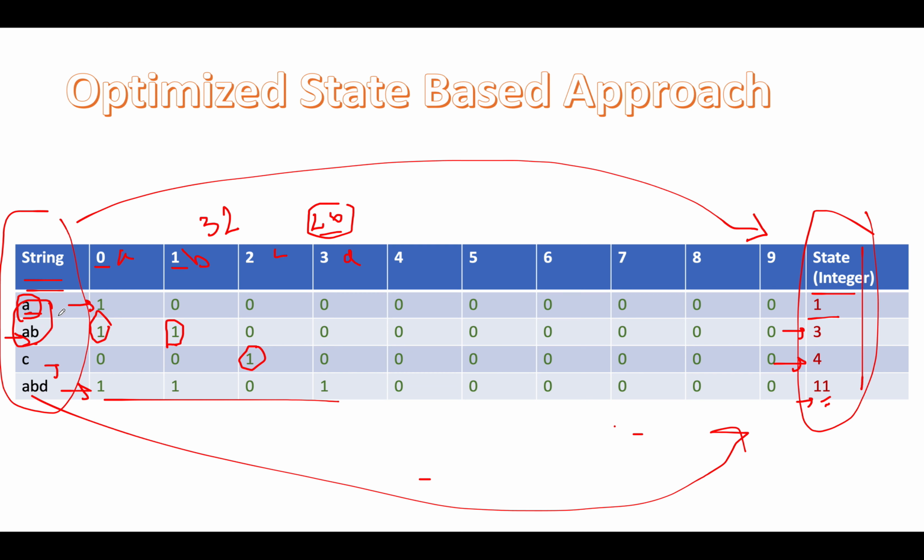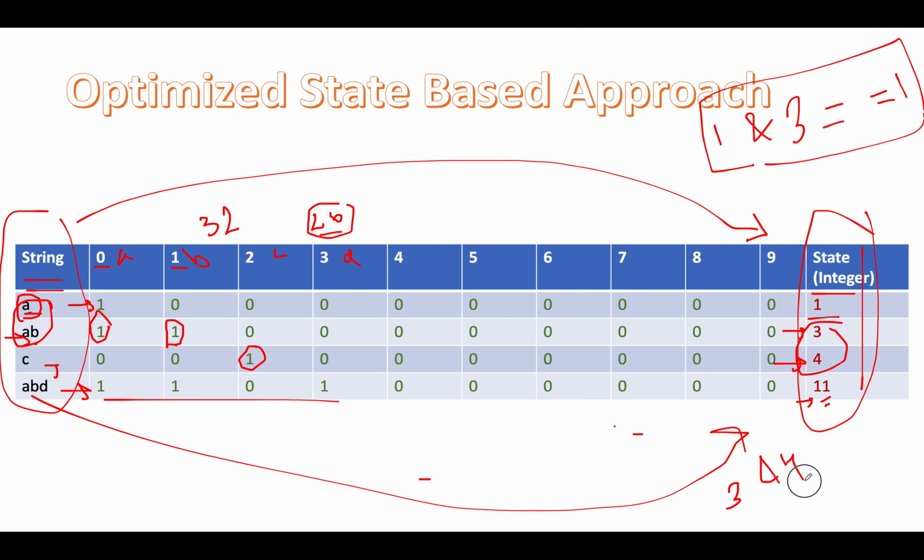We will perform the AND operation on these two state variables. So 1 and 3 returns us 1. So the value is not equal to 0. That means there is some character in common between them. So let's try it for A, B and C. So if you will perform the AND operation between 3 and 4, this will result in a 0 value, which means there is no character common between them. So A, B and C does not have anything in common.